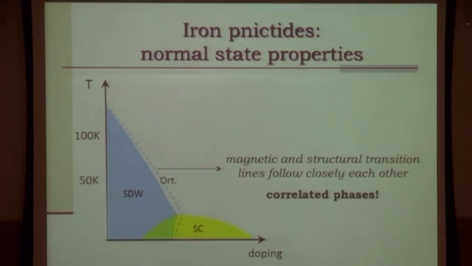Well, this idea appeared and is now very solid, because if you look at this phase diagram, you just look at it here, and you find that the orthorhombic transition line always follows the magnetic one. And this is taken from real data, and if you don't believe me, you can ask Greg. He didn't take these data, but you were in the group when we were writing this paper, so you know that this is true. So including this backbending here. Now these phases have to be correlated. They cannot just be two independent phases.